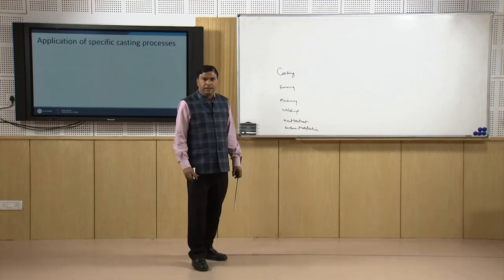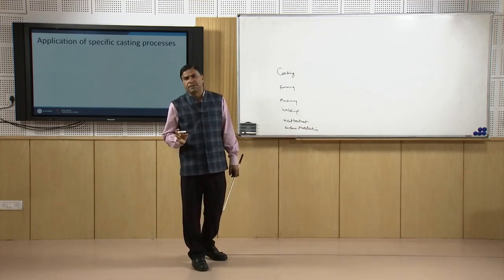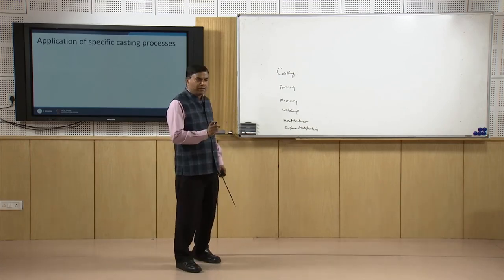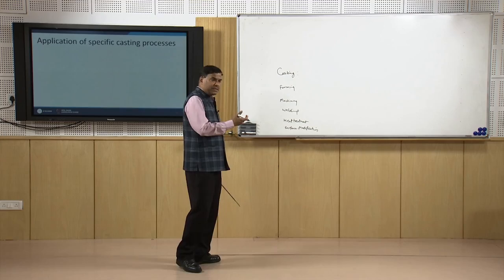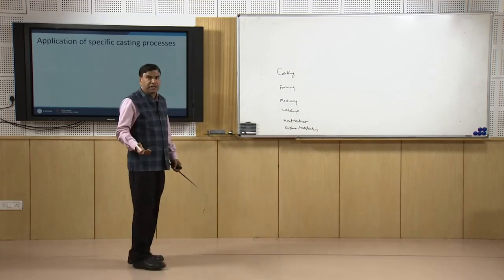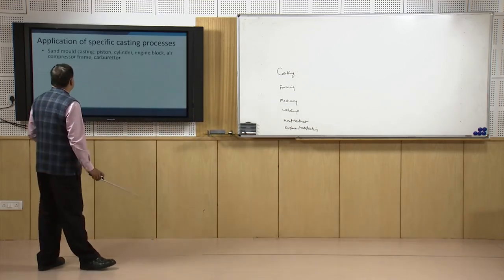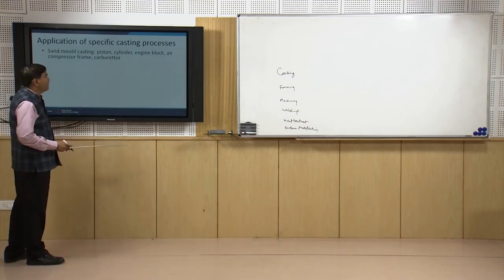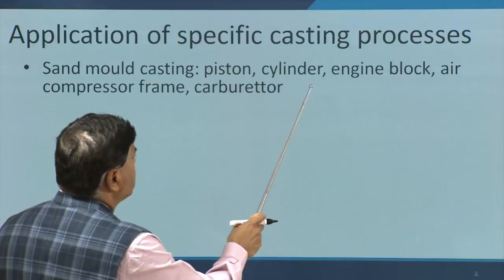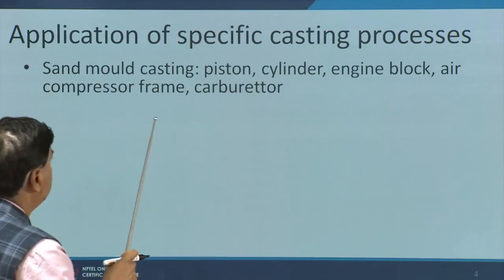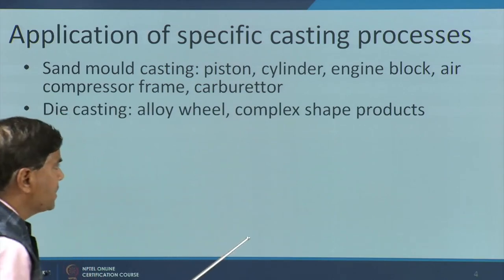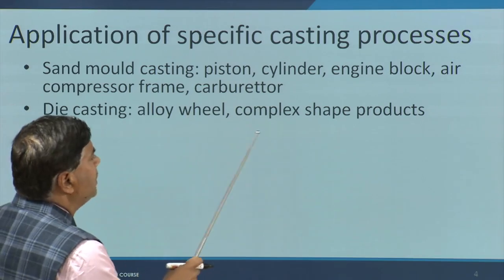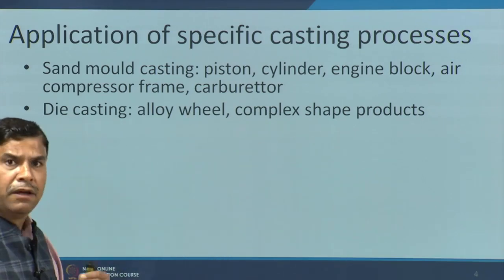Now we will see that the different casting processes have different kinds of capabilities, and therefore we need to see which process can be used for which kind of application or purpose. So, we will see that the sand mold casting process is normally used for making pistons, cylinders, engine blocks, air compressor frames and carburetors. Die casting is used for making alloy wheels and complex shape products when the